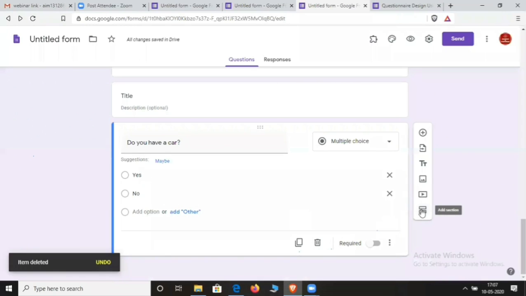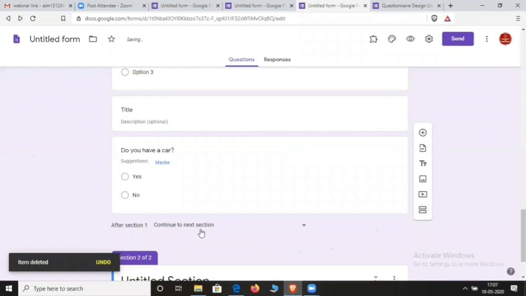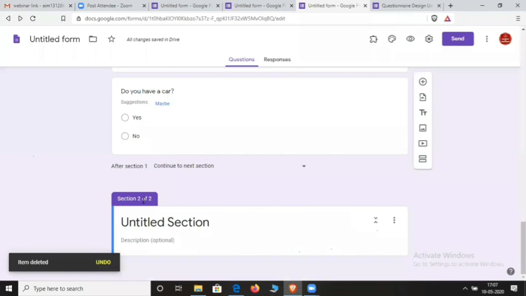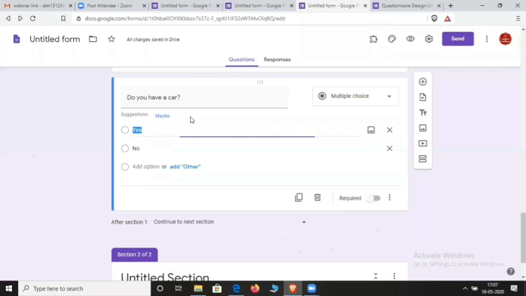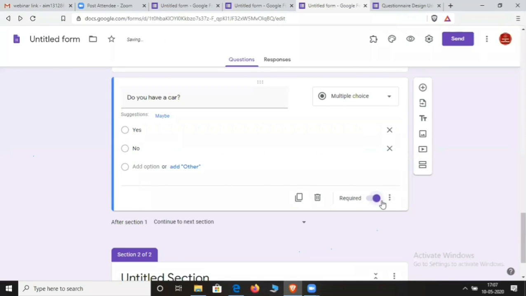So just click on the add section. You'll see now section number 2 is on our screen. Now here you can say if yes, then go to the next question. So here just click on these 3 dots and you will get 3 options: description, go to section based on answer, and shuffle option order.